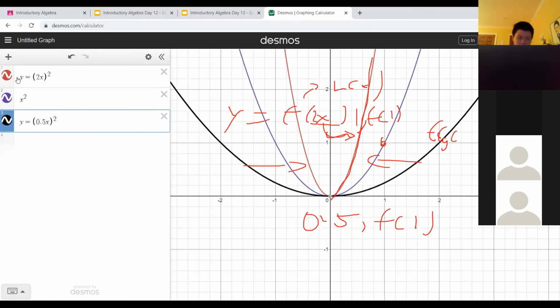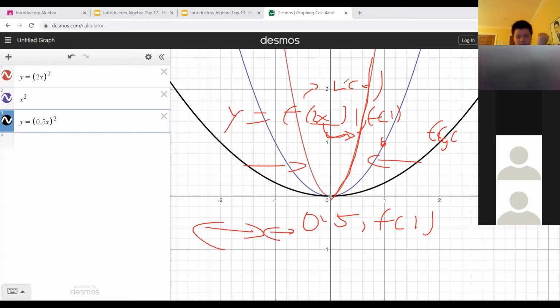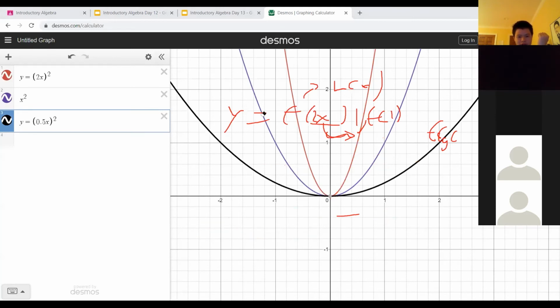So any multiplier above 1 squishes, any multiplier below 1 shifts it outwards. And by the way, only on the x-axis, which is x direction, I should say, which is horizontally. If we wanted to stretch it vertically,